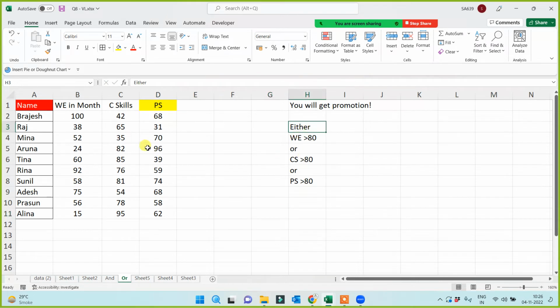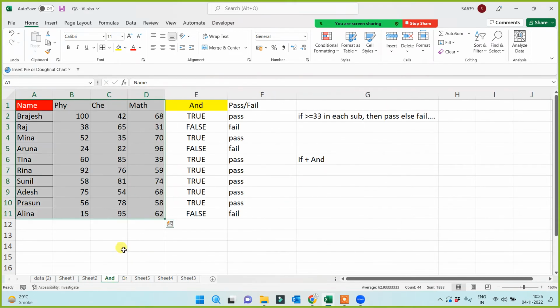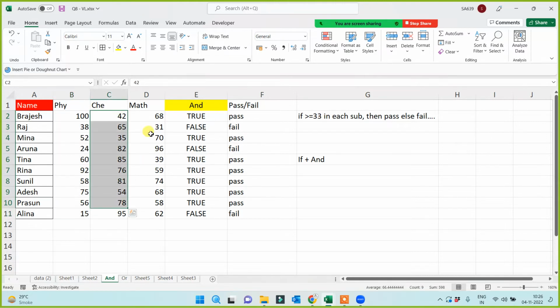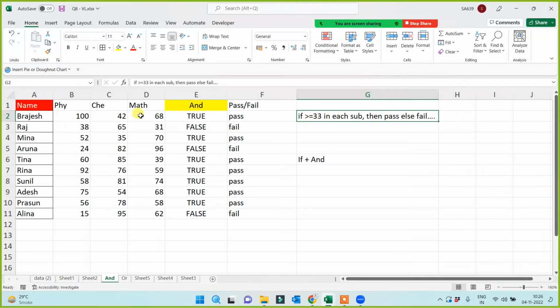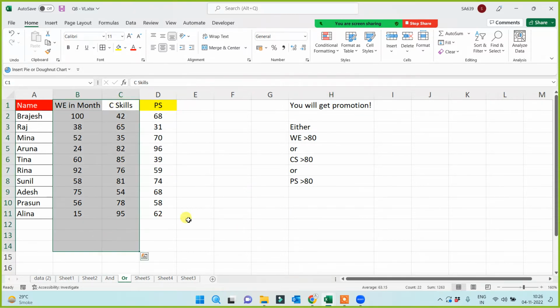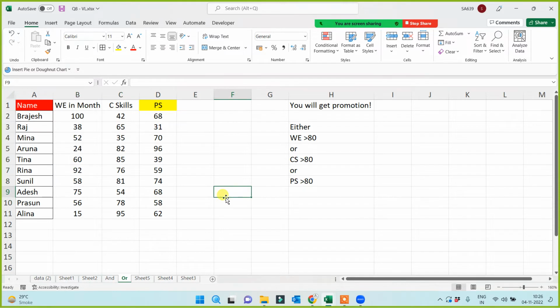This time any of them. Earlier it was all mandatory. You had to clear your physics marks, chemistry marks and maths, minimum 33 marks in all subjects. But this time there is a different situation. You will definitely get promotion in any case if you have very good experience, or very good communication skill, or very good performance score. So now we can check it